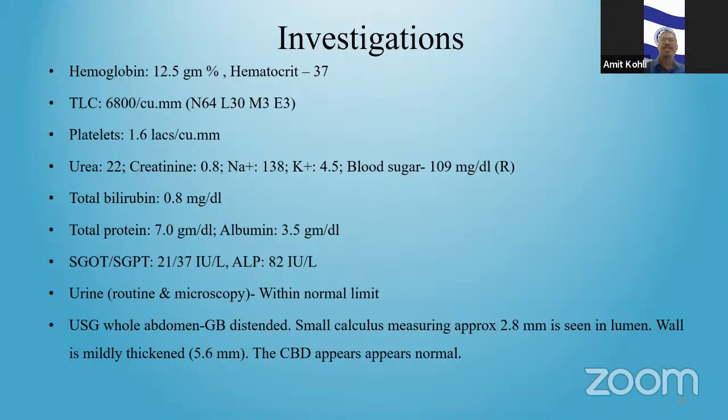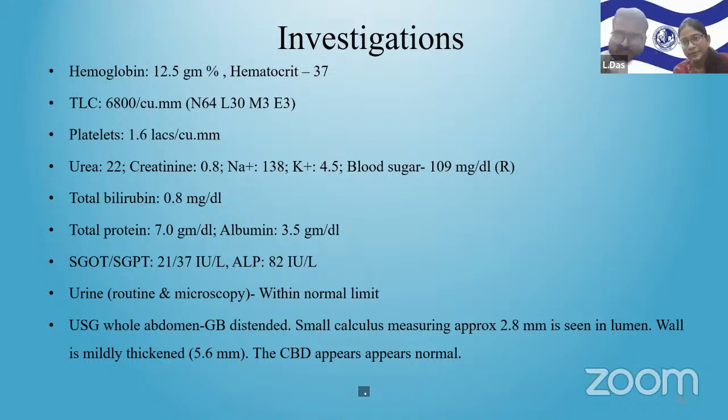Okay, so your patient is basically going for a laparoscopic cholecystectomy, right? Yes, sir. And it is an upper abdominal laparoscopy. So can you please tell me what are the anesthetic considerations in this particular case? Sir, the anesthetic considerations in this case would be due to three major considerations: the increased intra-abdominal pressure due to the effect of the pneumoperitoneum, the increased carbon dioxide, that is hypercarbia, and the position changes, sir.